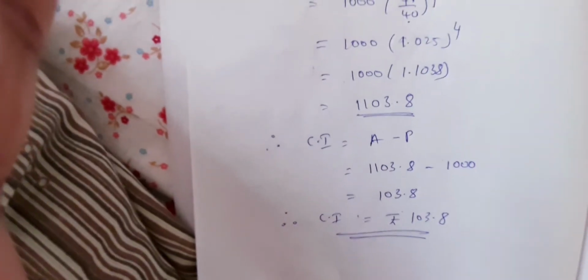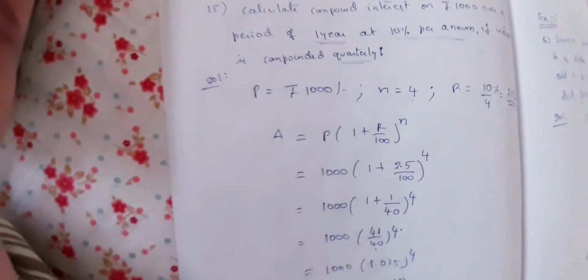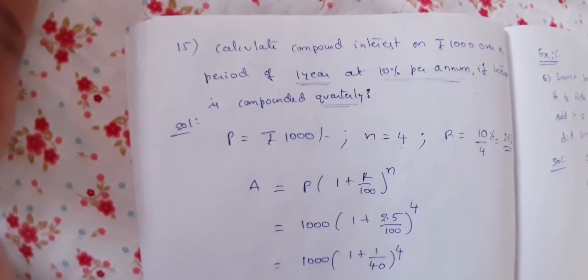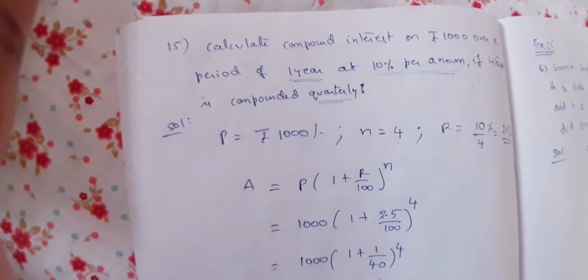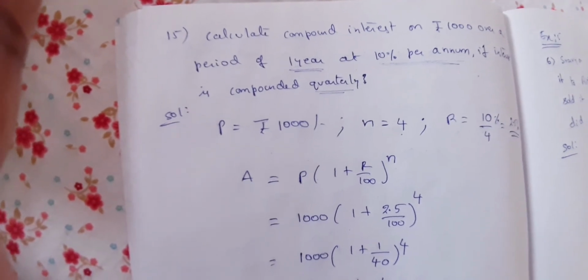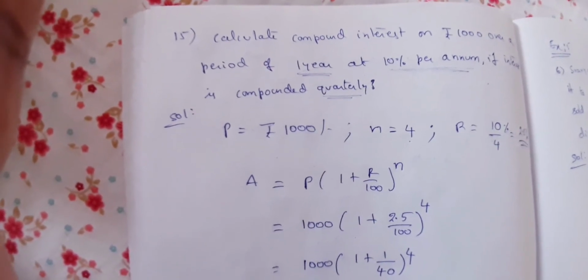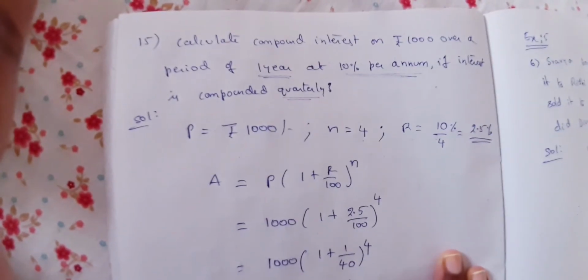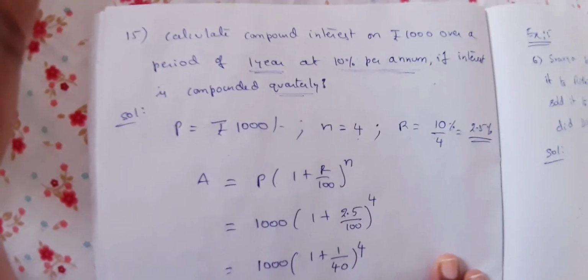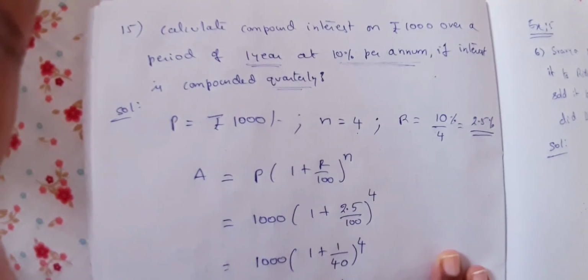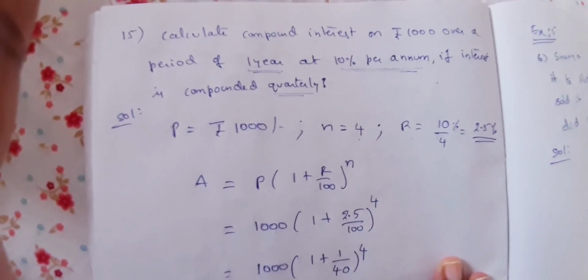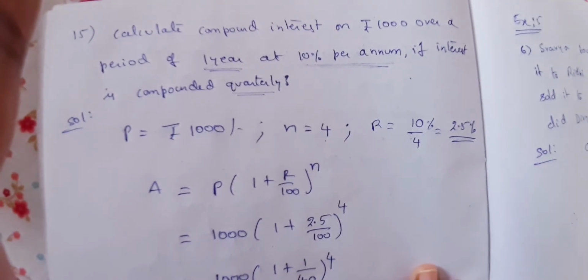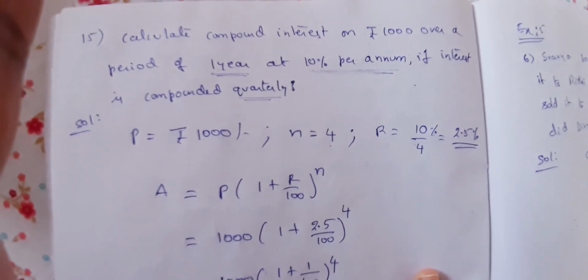Okay, children. So this is how we are going to find it. So what difference do you find in this problem? In this problem we have seen the application: if it is compounded half yearly or quarterly, how we are going to find n and r. That is a very, very important part. So please listen to the video a second time if you have any doubts, and do the step by step substitution as well as simplification. Learn how to do the simplification part, especially in decimal point calculations.